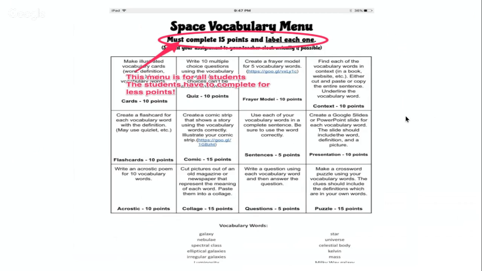And that's this one. This is from our space unit, which was our first unit. Of course, I'm a science teacher, so everything's about the science. This one is also a vocabulary menu, but not all of our menus are vocabulary menus. In this menu, you notice that the kiddos have to complete fewer points. It's 15 points here. This menu is for all our students, and we actually put the Google addresses that we like them to go to